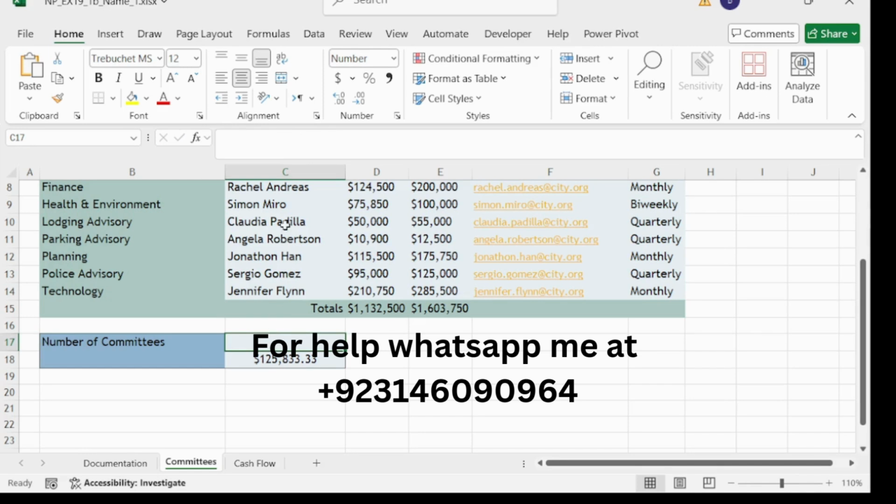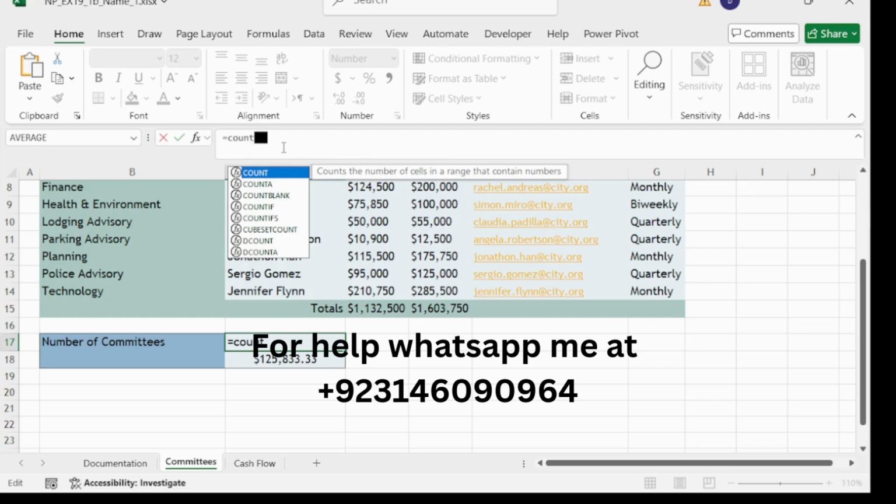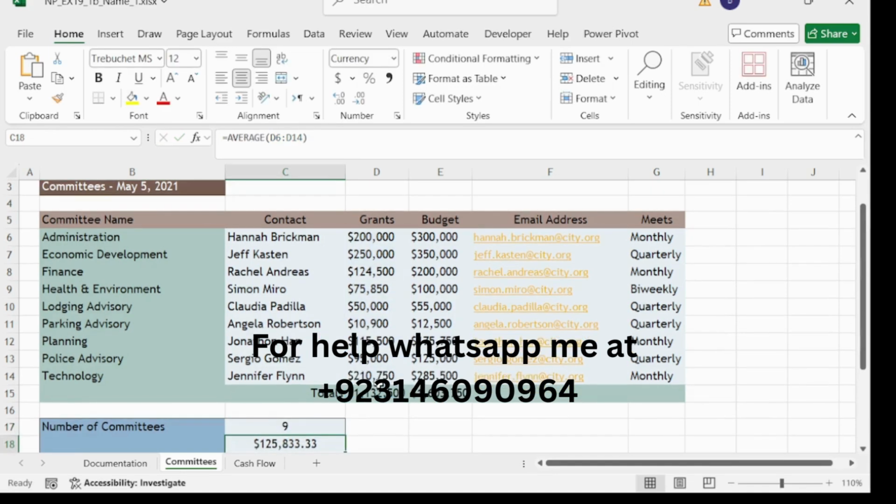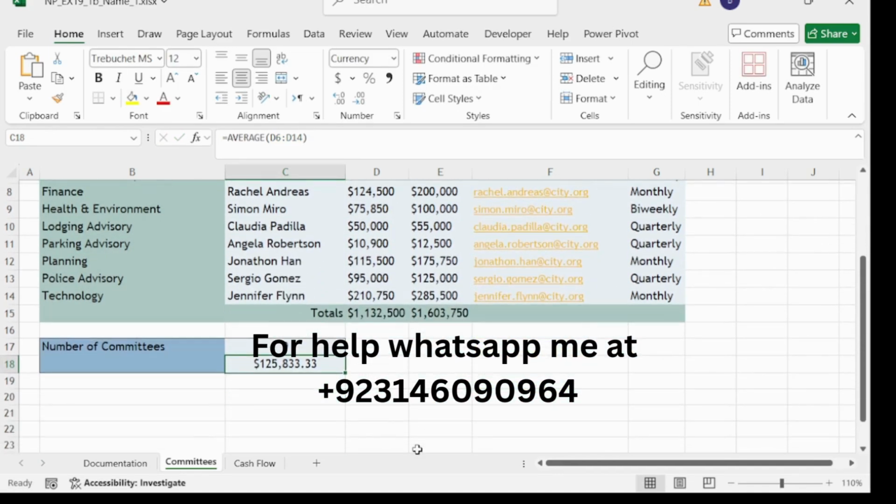Create a formula using the count function. So is equal to count, double click on it and select the range D6 to D14 and close the bracket and press enter.